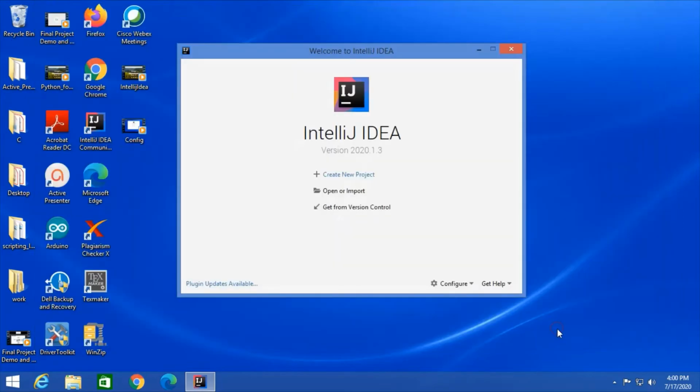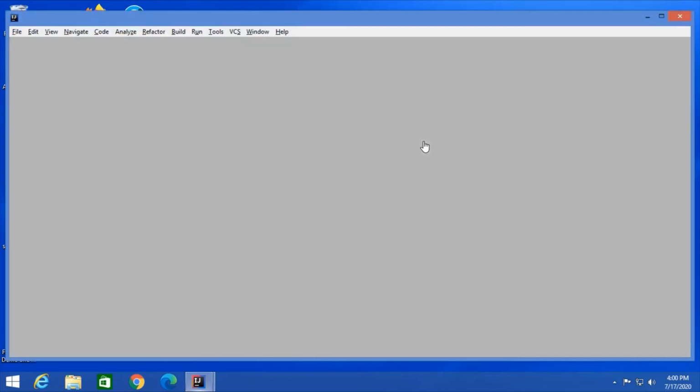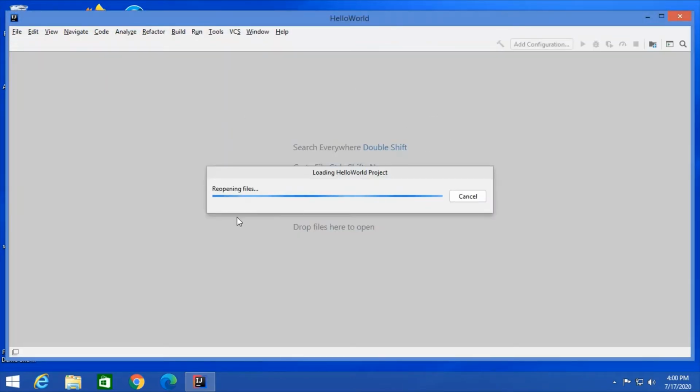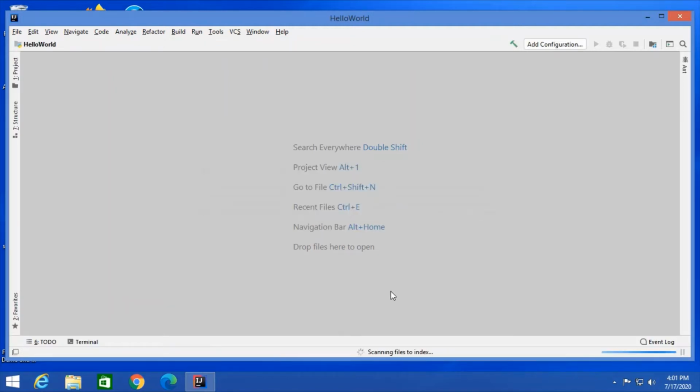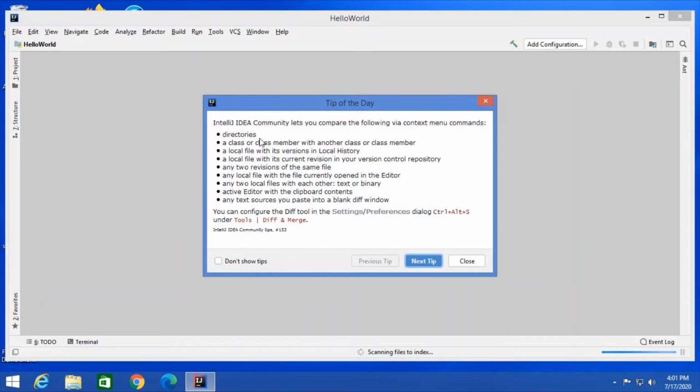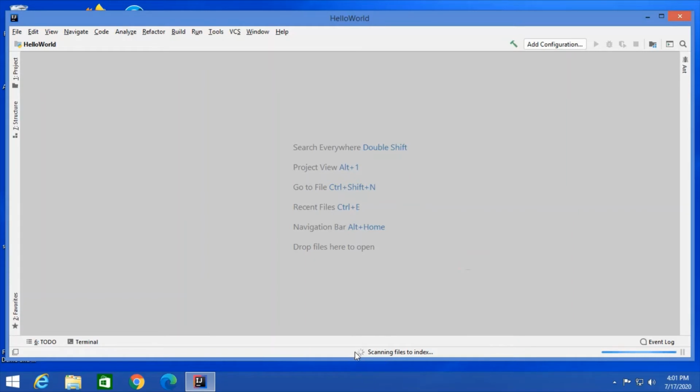After that, click finish. We will be again redirected to that default window, but now don't do anything. The IDE will start launching itself with the settings that you have provided. So we will have to wait for some time till the IDE launches itself. It will not take much time. It will launch immediately. As you can observe, our project is getting loaded in the IDE. Our IDE is suggesting some tips while using it, but we won't go into that right now, so close it. Okay, so our IDE is again loading with some files.